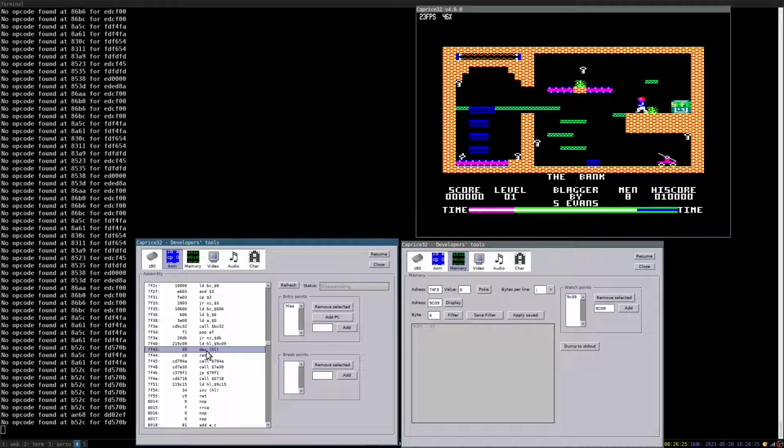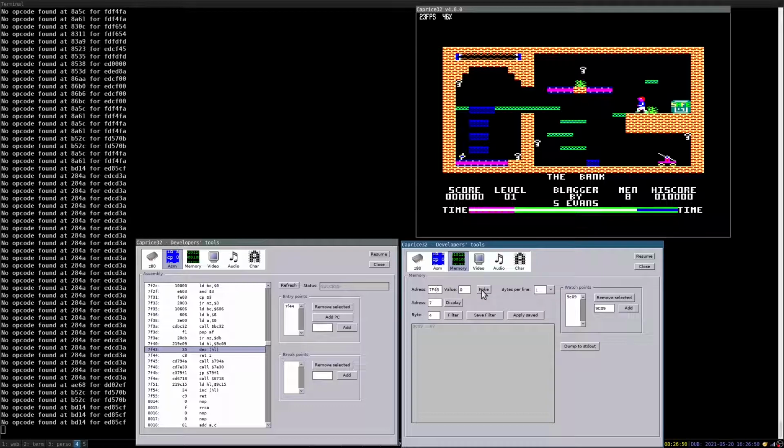And once it's refreshed, we will see that the DEC (HL), which was the opcode 35, should have been updated. But it seems it didn't work. Oh, I updated 74F3 instead of 7F43.